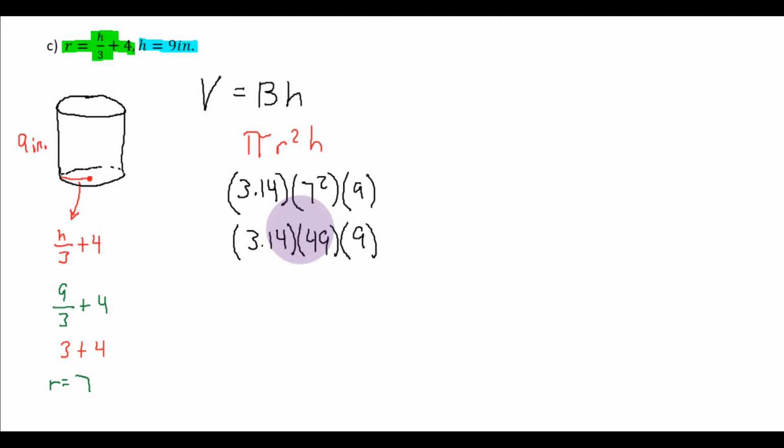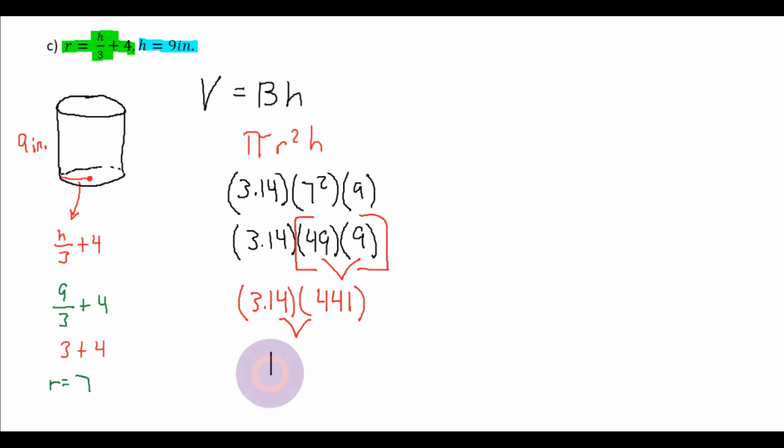So what I'm going to do is group 49 and 9 together. I'm going to group them using the associative property and multiply 49 times 9 first. All right, so when we do that, let's just rewrite 3.14, and we're going to multiply that by whatever this value is here, 49 times 9. And when we multiply these two values together, we get 441. And now what I'm going to do from here is multiply 3.14 times 441. And that's going to be a bigger number. So we get